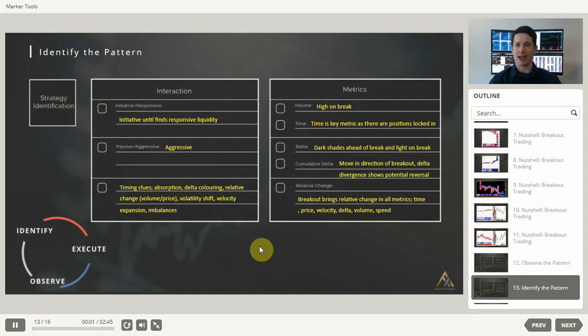So obviously the interaction is the real key here. If we were to summarize really the entire strategy session, it's all about that moment, that calm before the storm, that real moment before the explosion and the breakout to the upside or to the downside. And where you're going to really get good at this strategy is focusing all your energy on the interaction side. So spend a lot of time thinking about where does the initiative come in, where does the responsive come in,